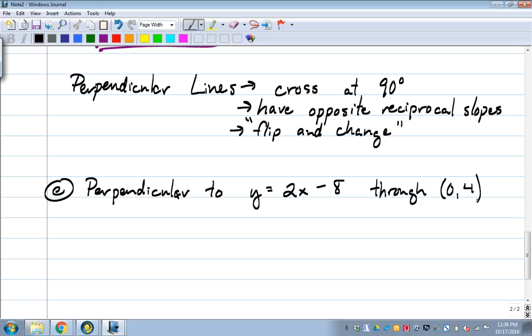Okay. Now, what's the slope of the original line? 2. Okay, so our perpendicular slope